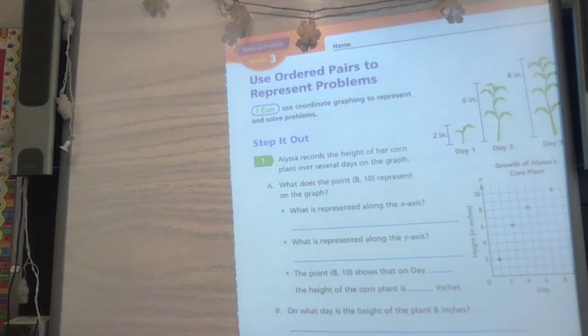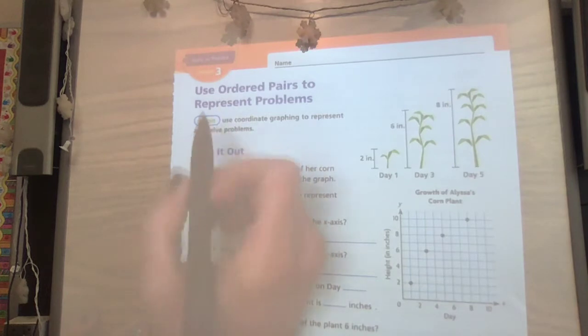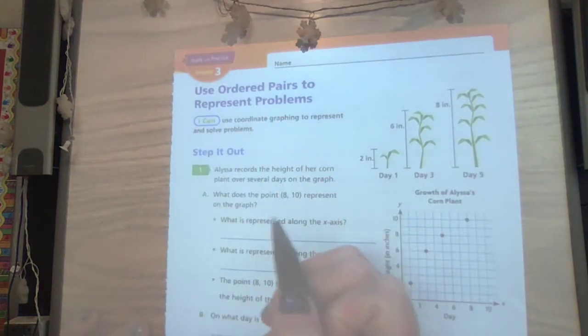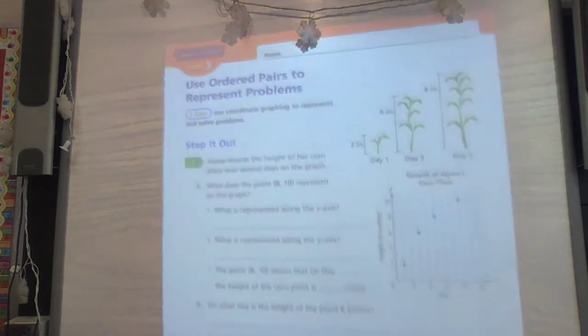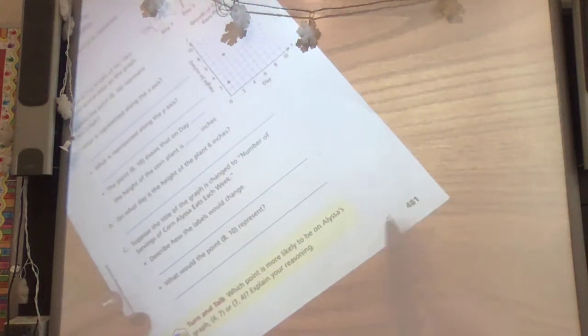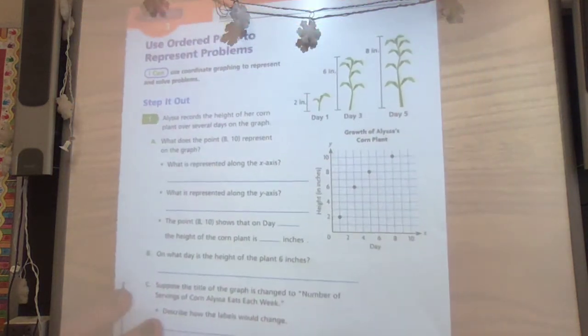Hey boys and girls. Today we are going to keep talking about graphs, coordinate grids, and ordered pairs. And we're going to use our ordered pairs to represent problems and help solve problems. We are in our module 10 through 20 book on page 481. So let's